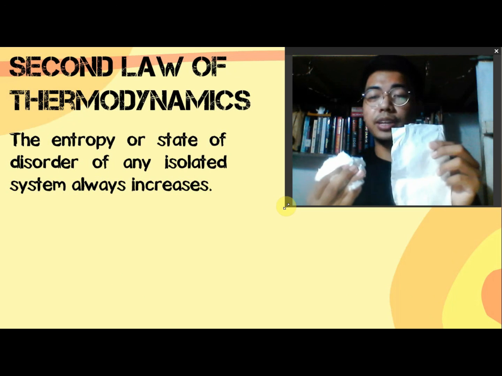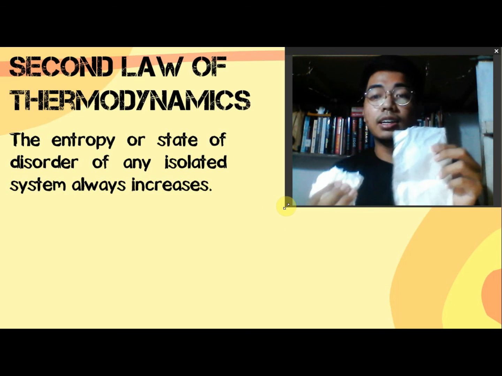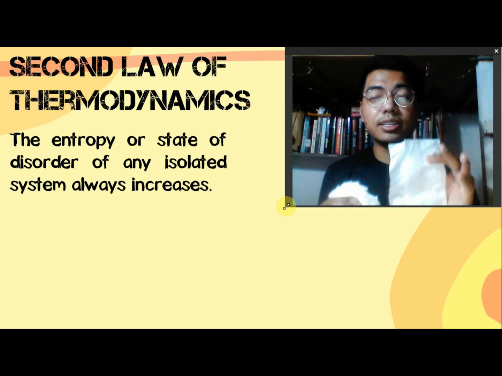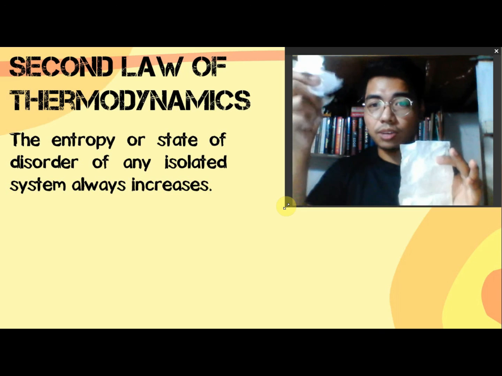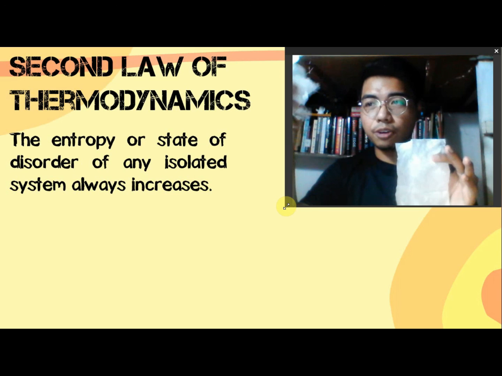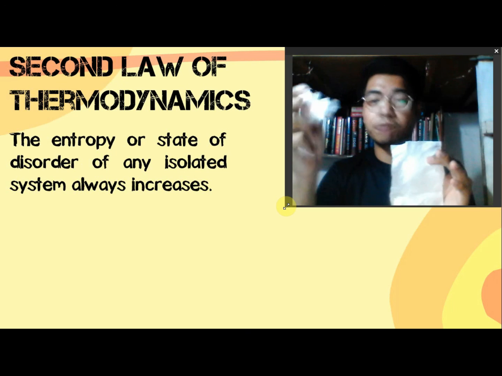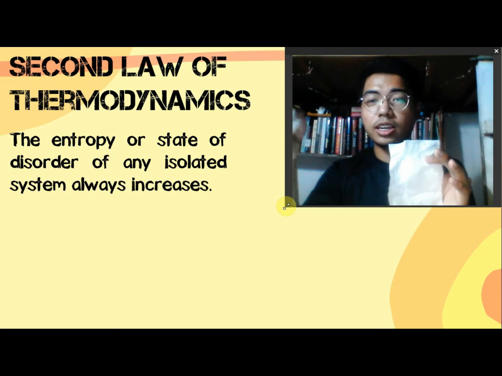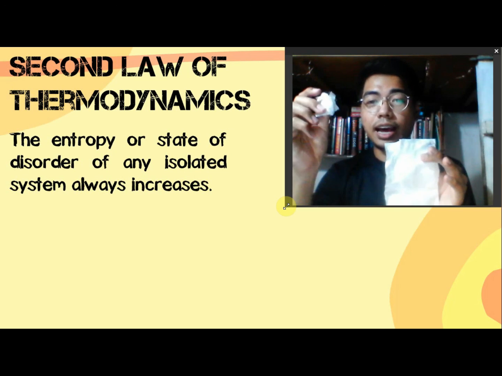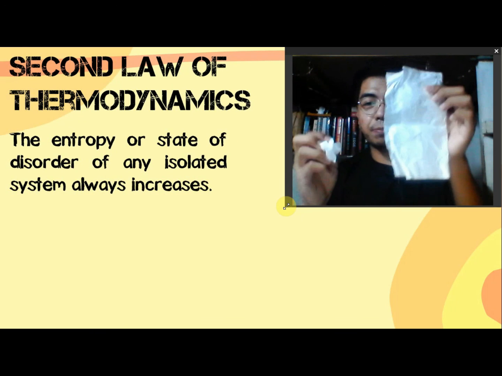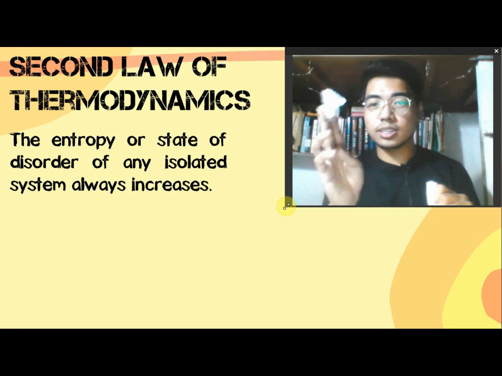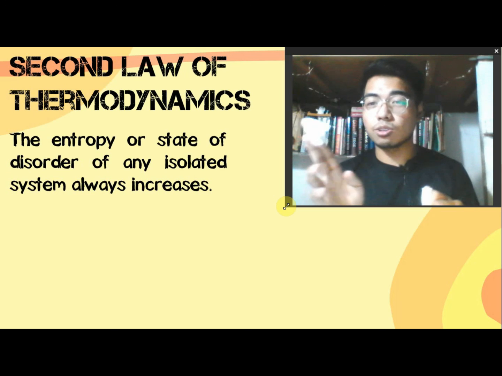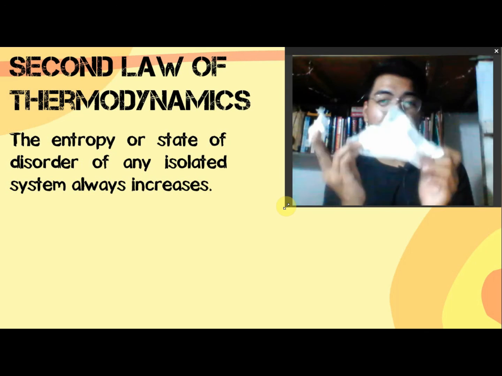The second law of thermodynamics basically states that the disorder present in a system will always increase. As we can observe here, if we crumple or even tear this piece of tissue, it will actually create more entropy than this piece of tissue paper that you are just going to crumple. Okay? This one possesses more entropy, more disorder than the other set of tissue paper.